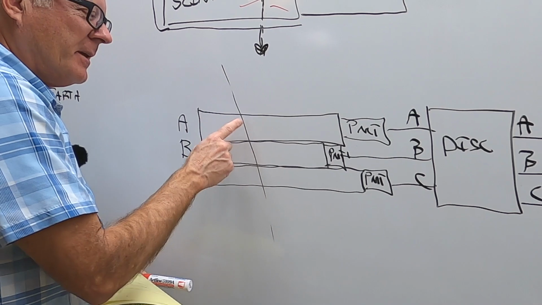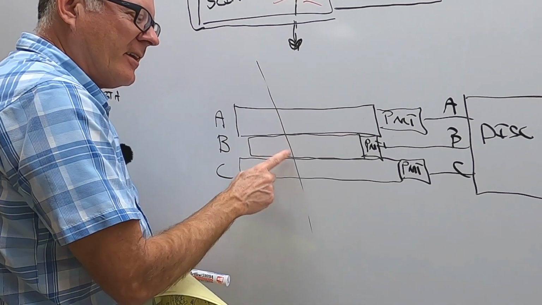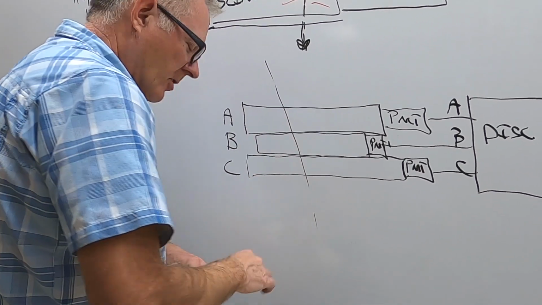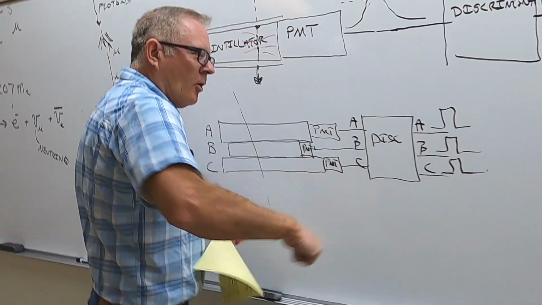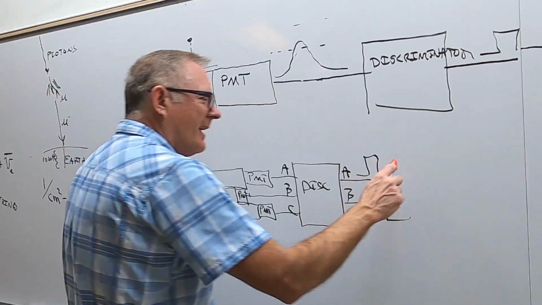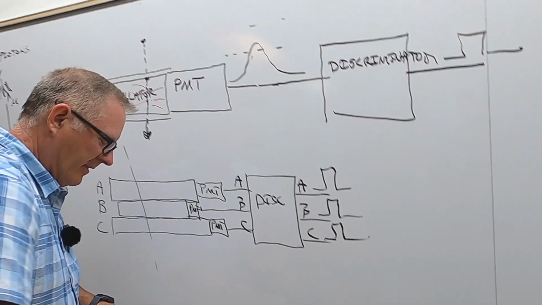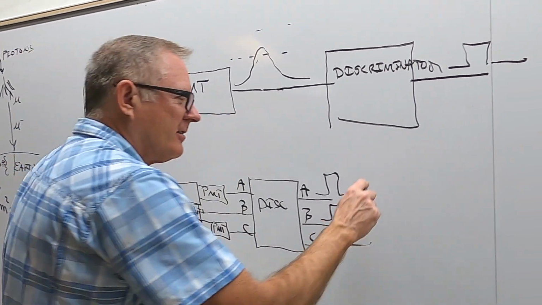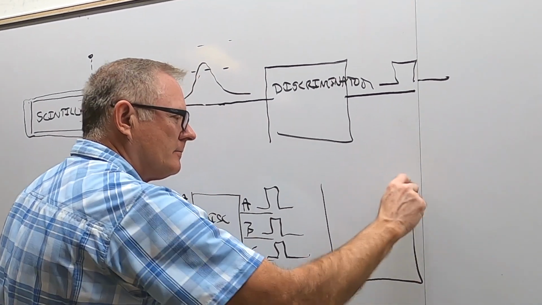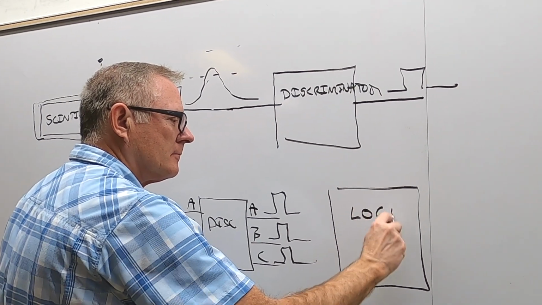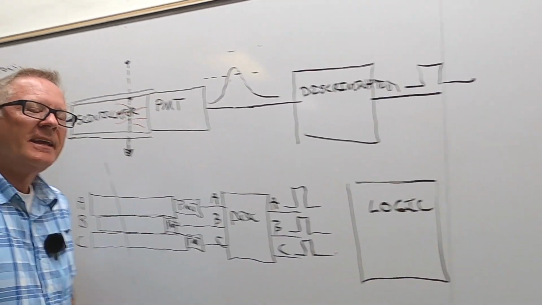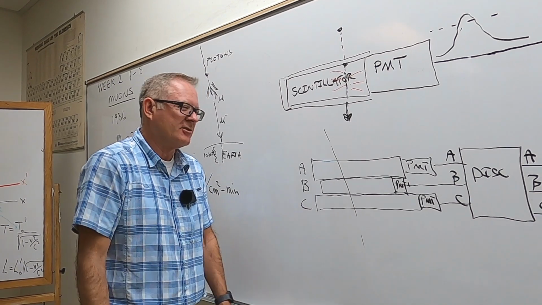If I wanted to stop here, that means I want to hit there, and not there. So what I can do is I can plug into another unit right here, something called a logic unit,